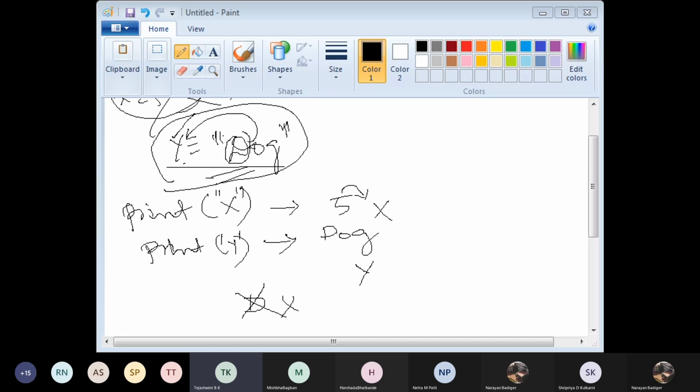Any doubts? No, sir. Okay, thank you. Then we'll end. In the next class, we'll study the further part, like expressions and statements. Again basics, so just go through those basics and come. Expressions, then statements, then the remaining part of variables. We will do that in the next class. Okay. Yes, sir, thank you.